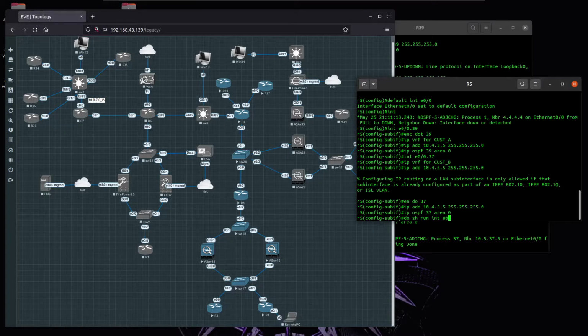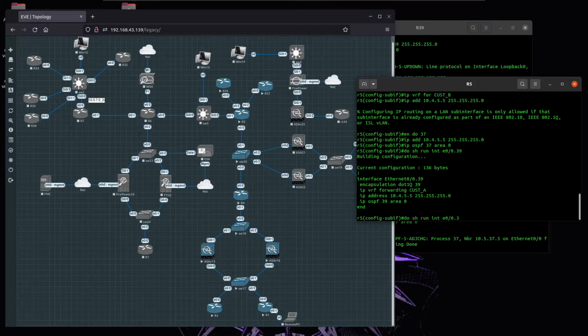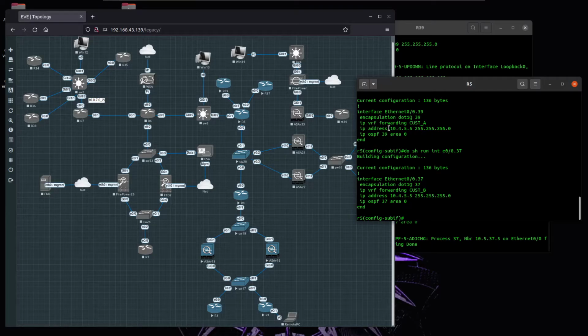And one of the great advantages of VRF Lite is that we can use overlapping addresses. For instance, you can see, just show run on E0.39 and 37, I'm using the same address space, and that's okay because they're sitting in different routing tables, the virtual routing